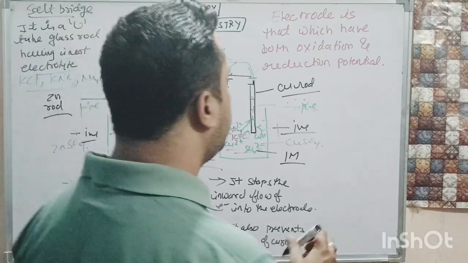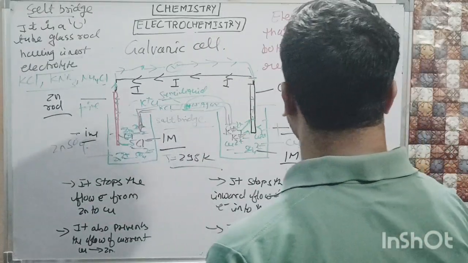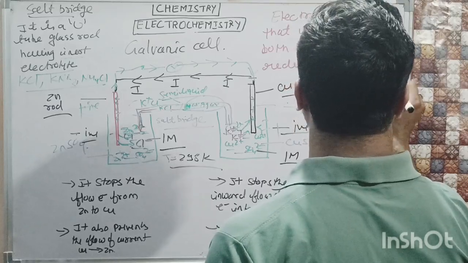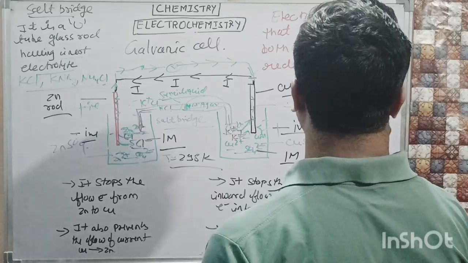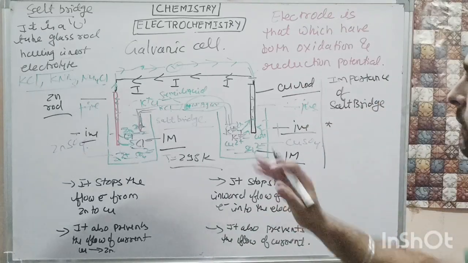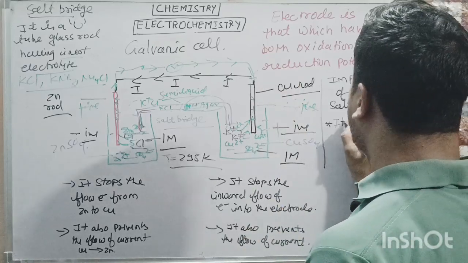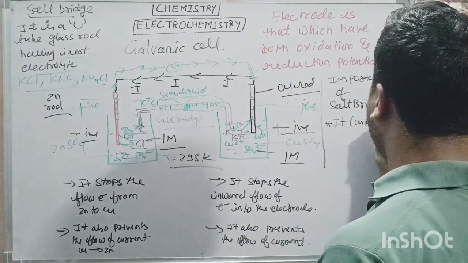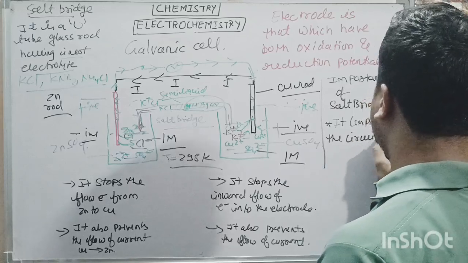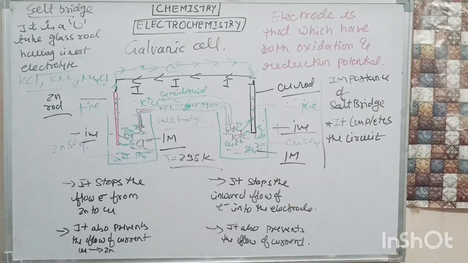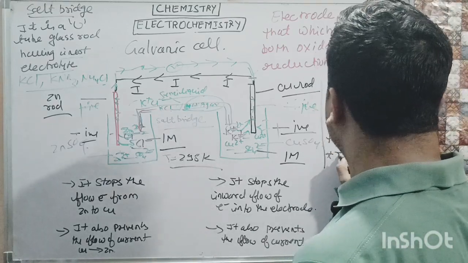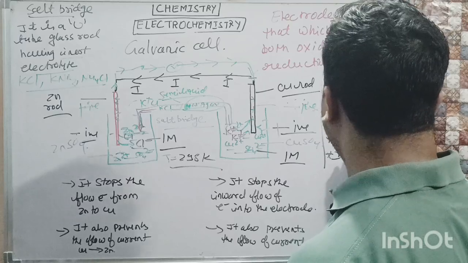Salt bridge का क्या यूज है, क्या इंपॉर्टेंस है, ठीक है. अब देखते हैं इंपॉर्टेंस ऑफ सॉल्ट ब्रिज. देखते हैं बेटा क्या इंपॉर्टेंस है सॉल्ट ब्रिज का. भैया पहला इंपॉर्टेंस तो ये है, it completes the circuit. ये सर्किट को क्या करता है, कंप्लीट करता. सर्किट को ये पूरे से कंप्लीट कर देगा. ठीक है. सेकेंड इंपॉर्टेंट यूज, it maintains the